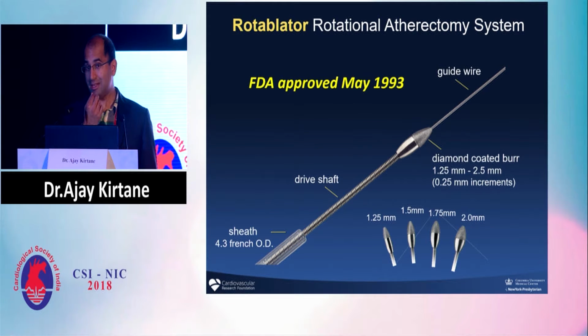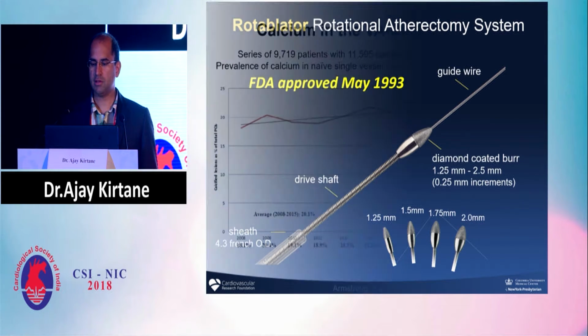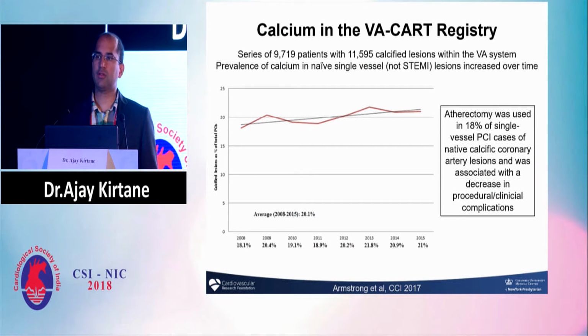This has not been changed since 1993. There's a new system coming soon, but it basically has not been changed since that time. We all know ROTA quite well, but it's a critical component of these chip-type cases. It turns out that the use of atherectomy for calcification is increasing a little bit, and it's also associated with a reduction in complications, at least in this analysis that was just published in